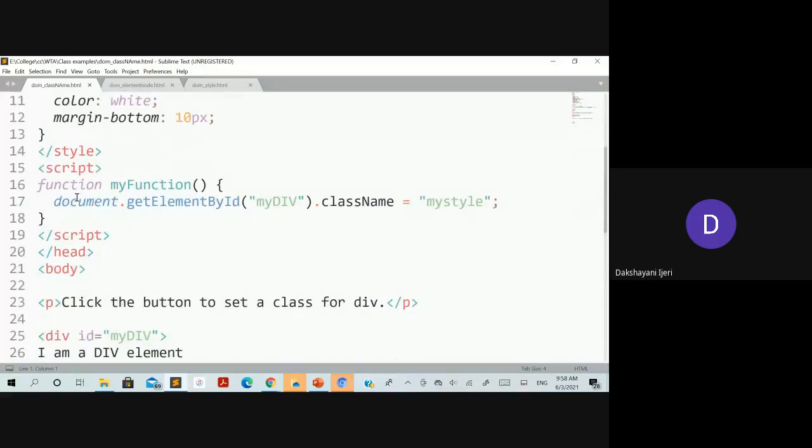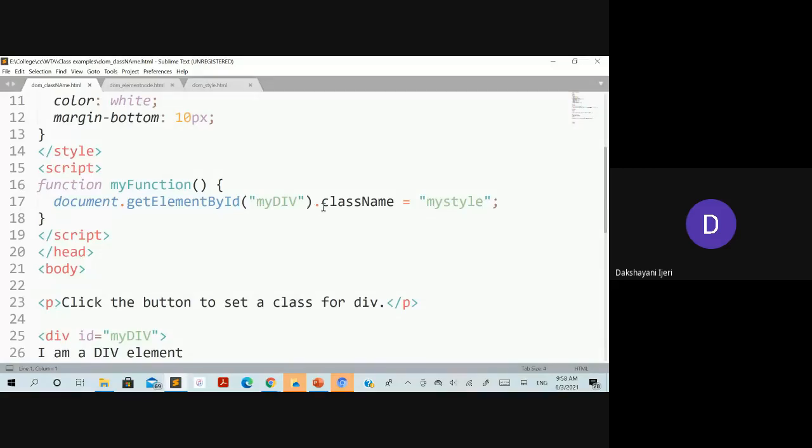and again in the scripting part we have defined a function, and within that function we are interested in getting the element with a specific id. What we want is to add this class name as a property, myStyle, to the element that you access with this id.